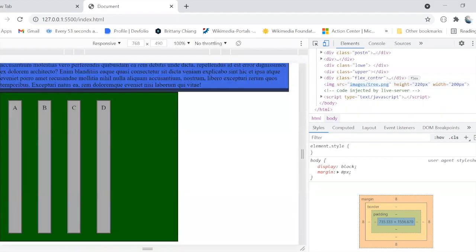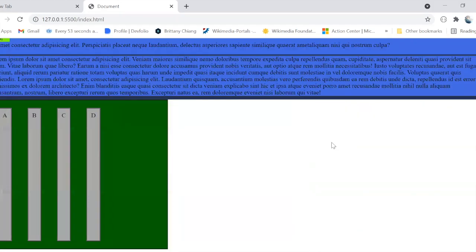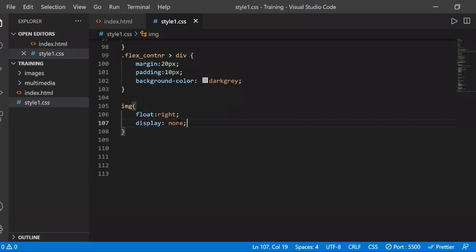It's completely removed, and once you remove any element, it does not affect the layout. It's like it was never there. When you set the display to none, it is the same as saying that there was no element in that place. But instead of doing display none,